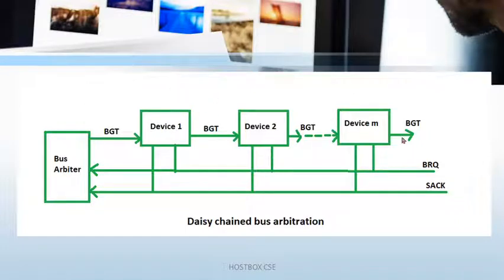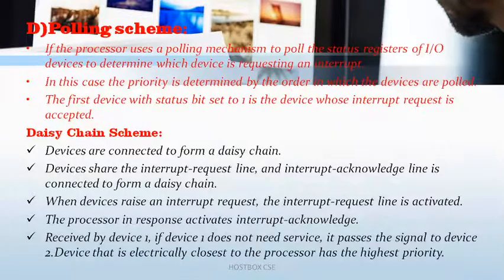After this stage is completed, whenever requesting, the remaining devices 1 and 2 should wait. Whenever device 3 is doing something, the other devices get an internal message in the computer that it is busy. Once device 3, the color printer, completes its work, priority comes to device 1 and then the scanner. When you want to scan, you can give priority to other work like that. This is how the daisy chain bus arbitration helps to understand the polling concept.